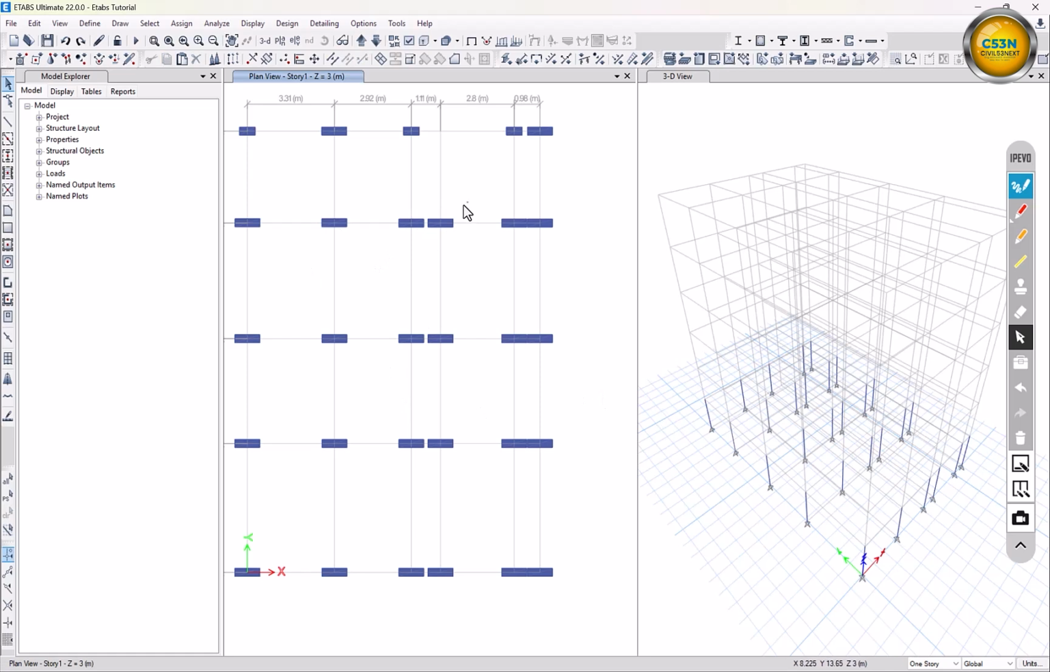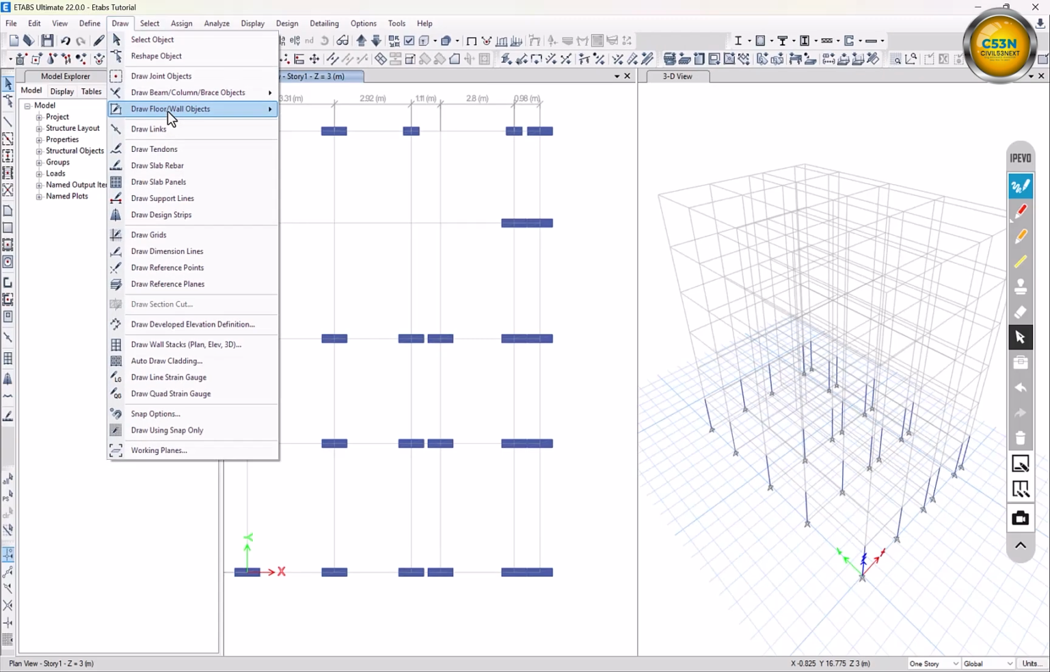I just want to show you one thing. When we select all of this, as you can see here, now 3 joints are selected, 3 frames selected, meaning 3 columns are selected. 1, 2, 3. So press delete to remove it. Now draw floor,